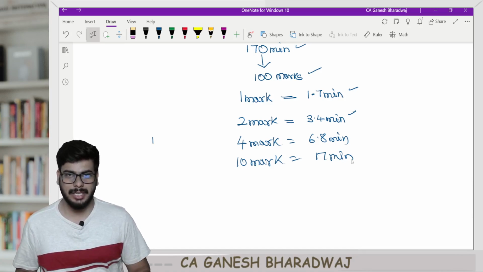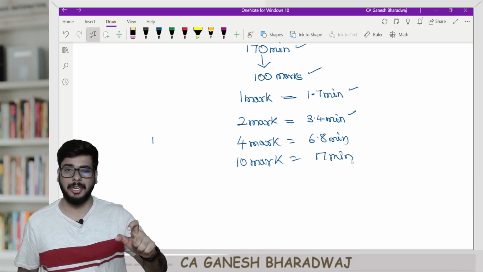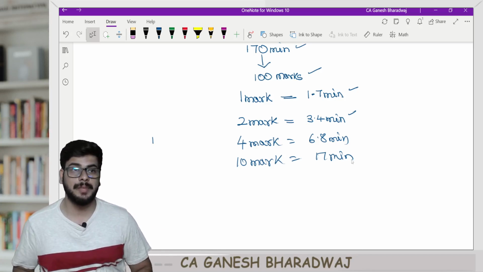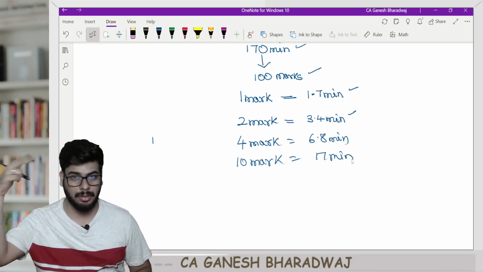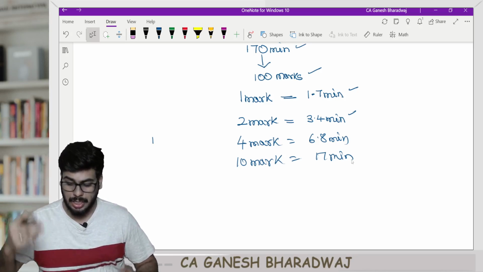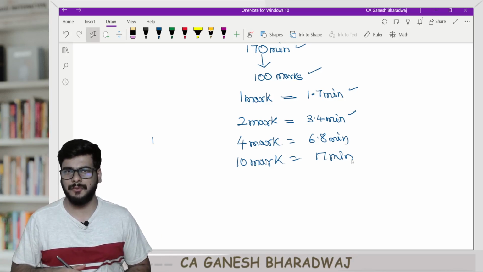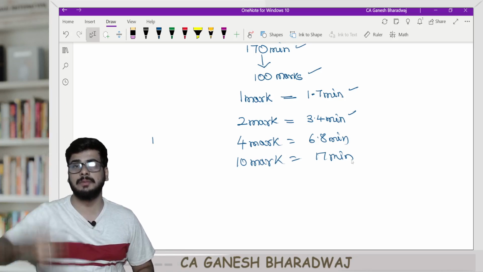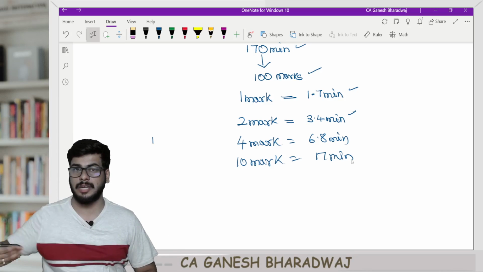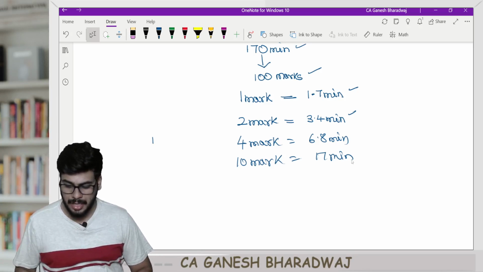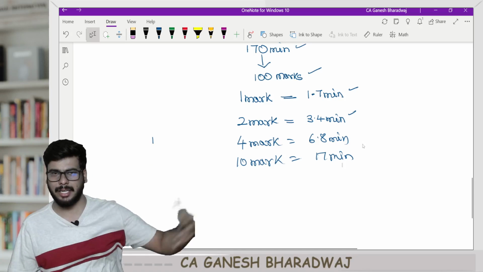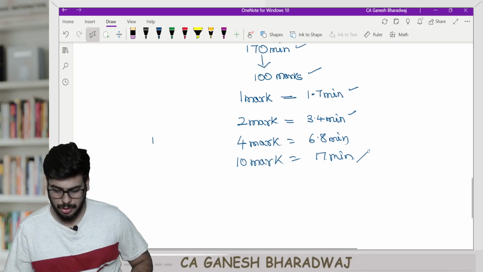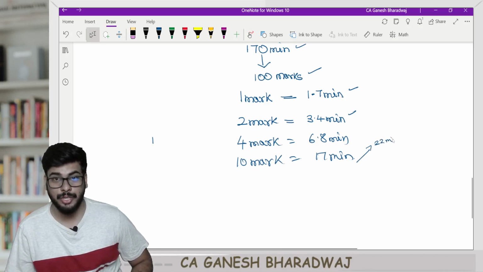The reason is, suppose a particular question is lengthy. Now what you can do is, let's say capital budgeting, that tea coffee sum that we saw in our lectures, right? If that sum comes in, it's fairly an easy sum in terms of understanding, but in terms of execution you need to have a lot of tabular columns and all that. It's time consuming. Now maybe let's say they are asking that question for 10 marks. What will happen is, instead of 17 minutes you might end up taking 22 minutes, which means you've taken 5